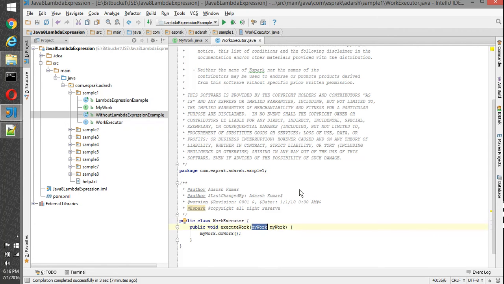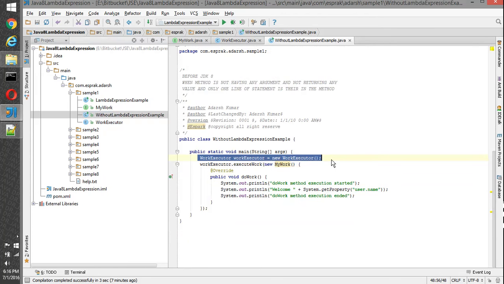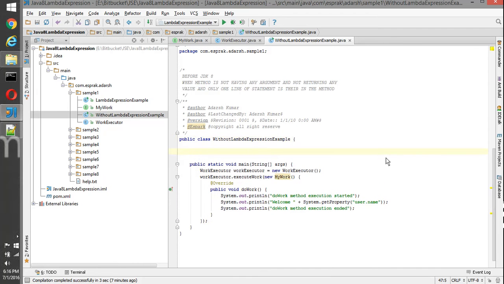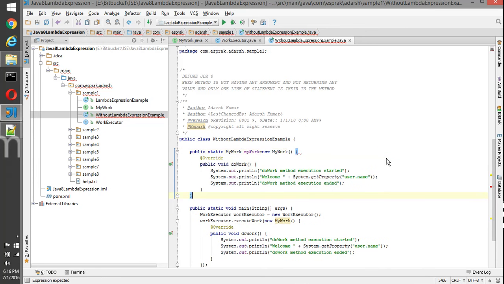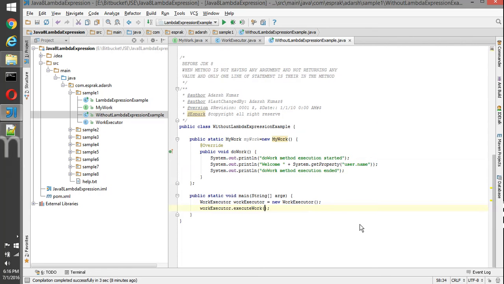Take the example where we don't have lambda expressions. Earlier, we would create an instance of WorkExecutor and create an implementation of MyWork, and pass the MyWork instance here.